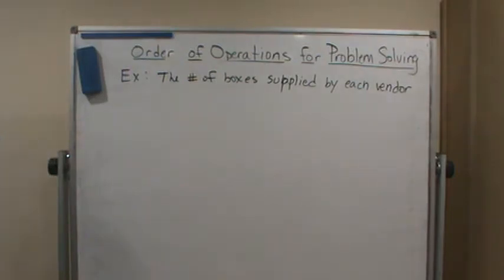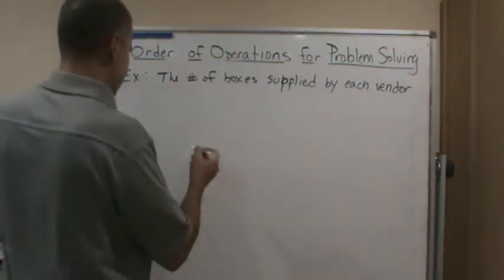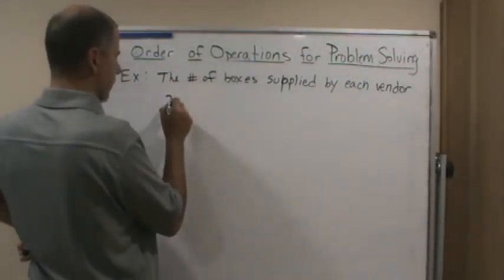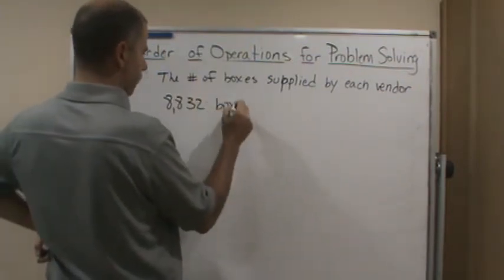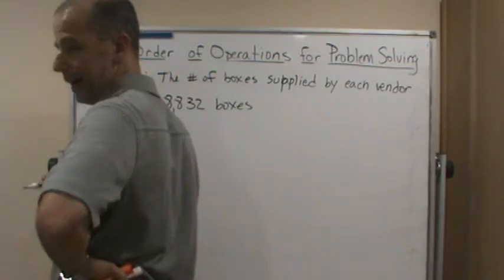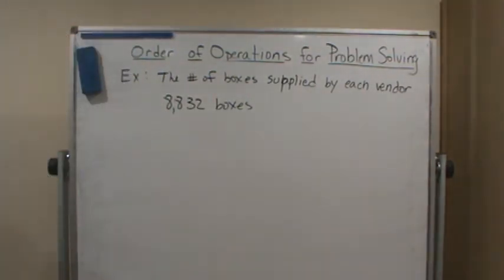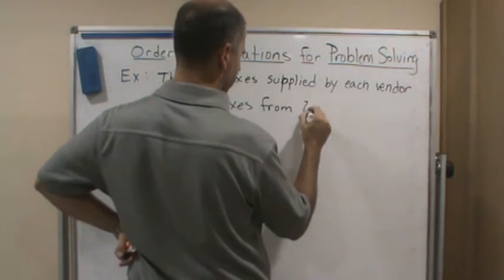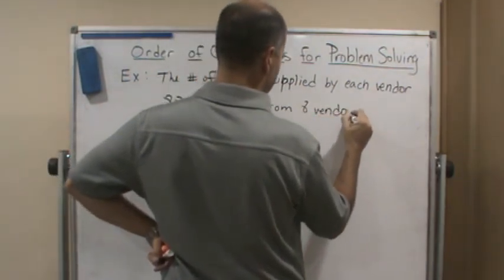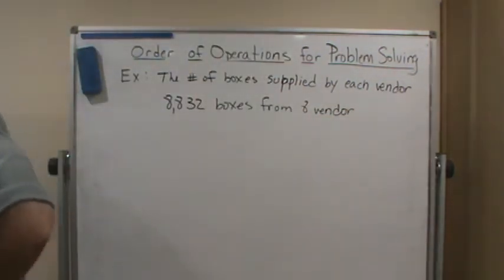Now, what are the known facts? Well, the known facts is that we got 8,832 boxes. That's what the company bought. 8,832 boxes. Okay, now that's all the boxes, right, from all the vendors. So that's a total. And again, how many vendors were there? That was from 8 vendors. Okay. Now,